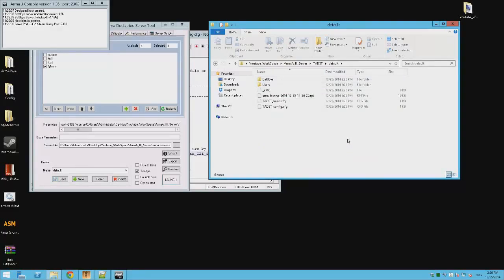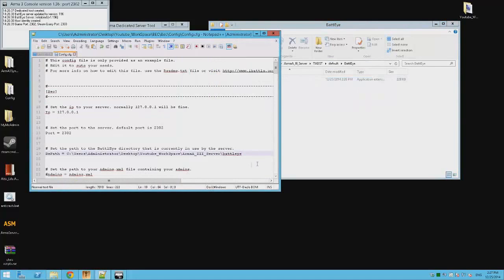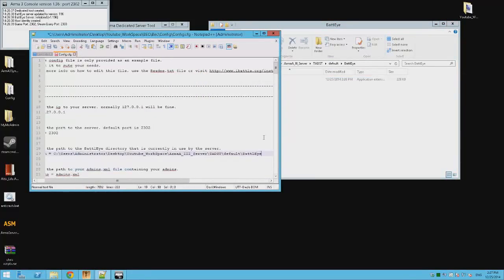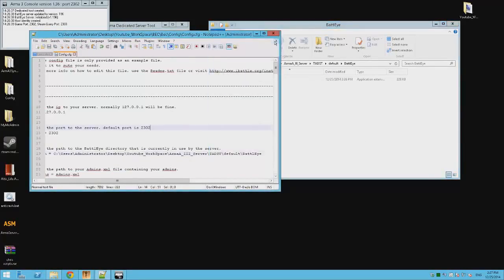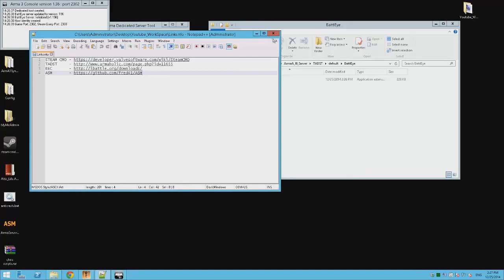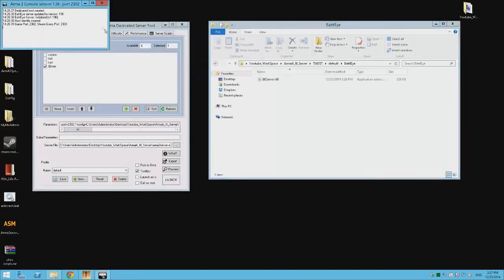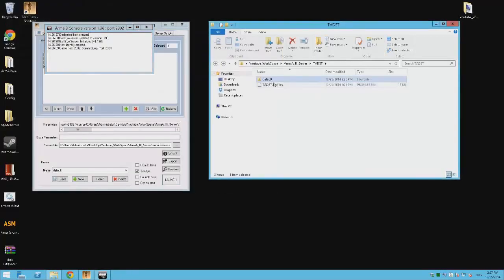Okay, so what I can see is that TADST has created its own BattlEye directory. So what you want to do is, in BattlEye extended controls, point it to that directory instead. Okay, that's enough for that. Now the server started. I go into